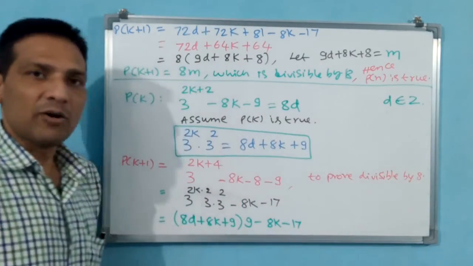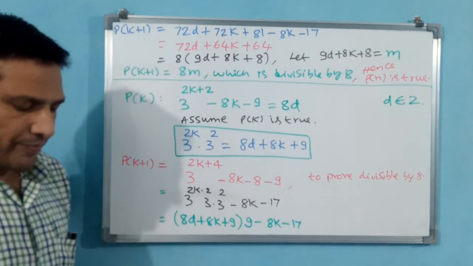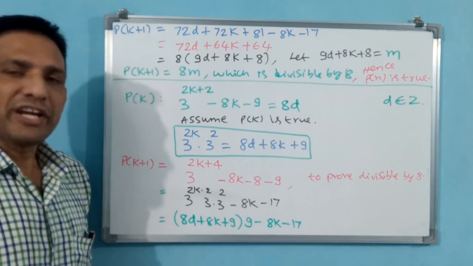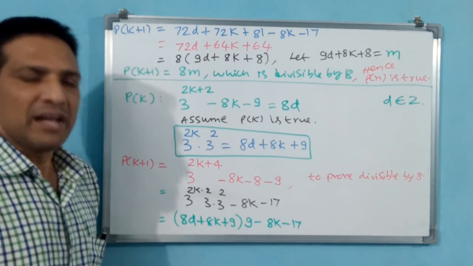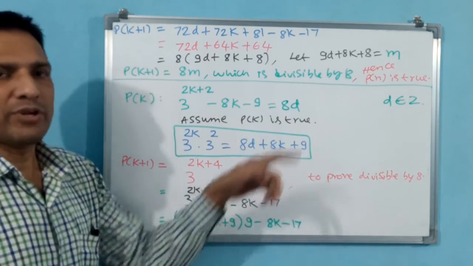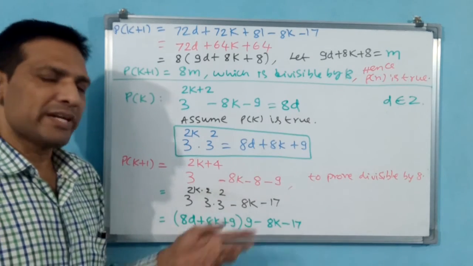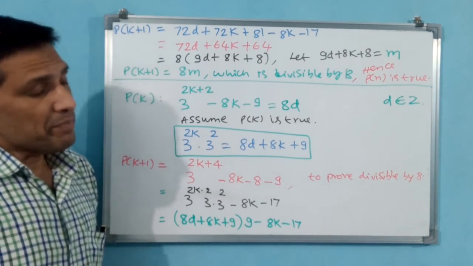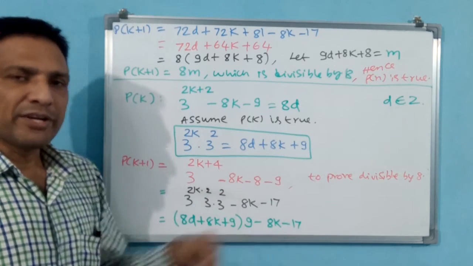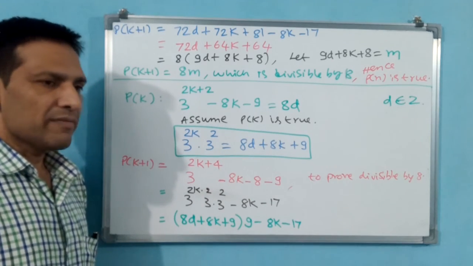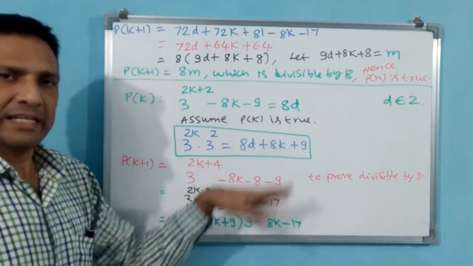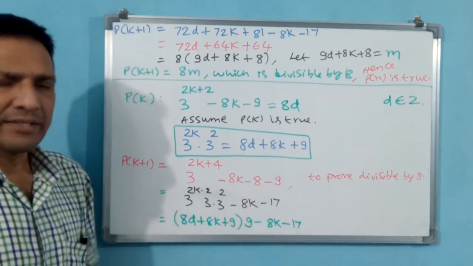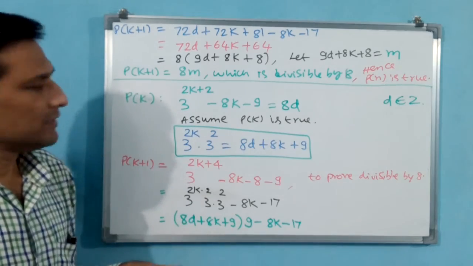You understand that this is how it has come. See, any expression or statement divisible by 11. Suppose 11 means 11 into m. If you take 11d, automatically it is divisible by 11. Any statement is multiplied by 11 also, you can take 11 into d. Why? Because multiplication for division, both you can take 11d or 11m for 11. 8 means 8m or 8d. Like that you have to take.